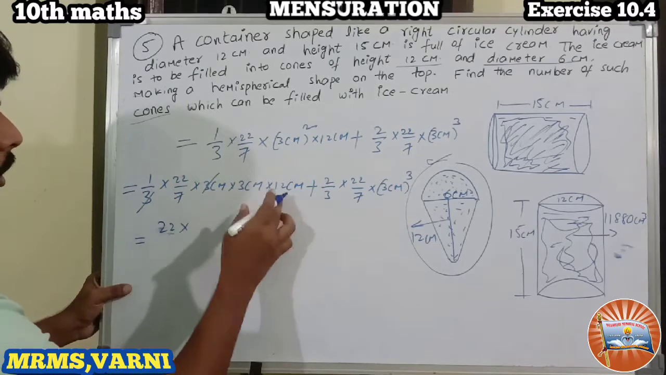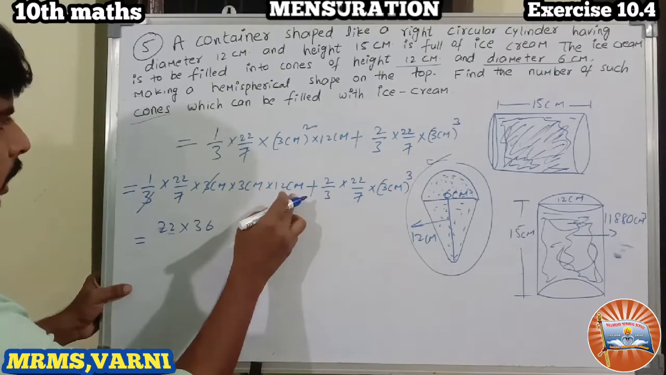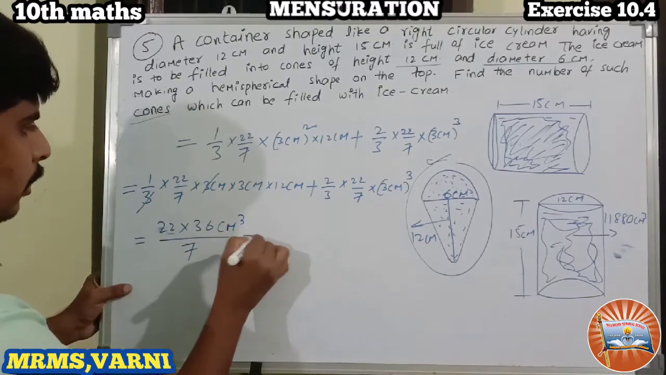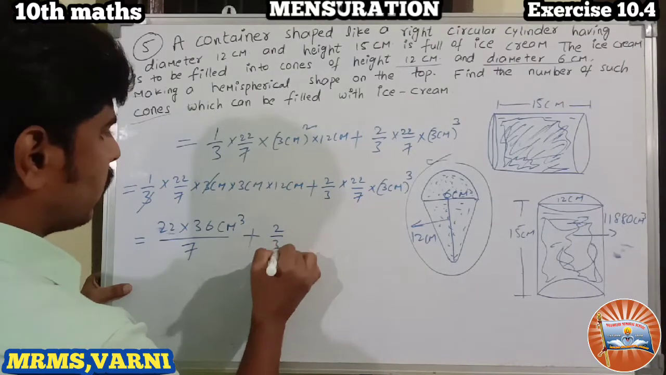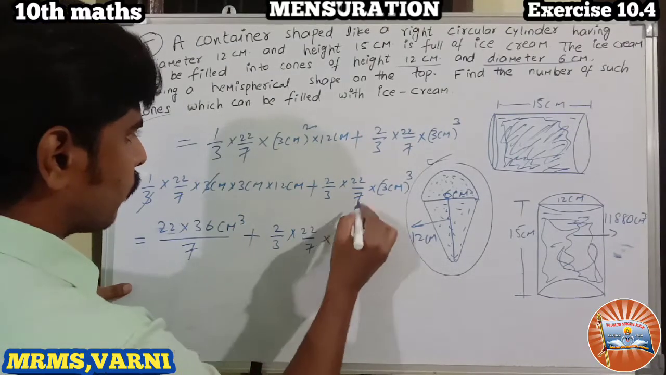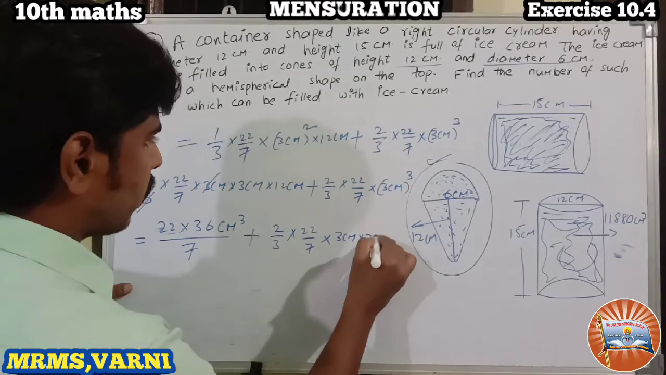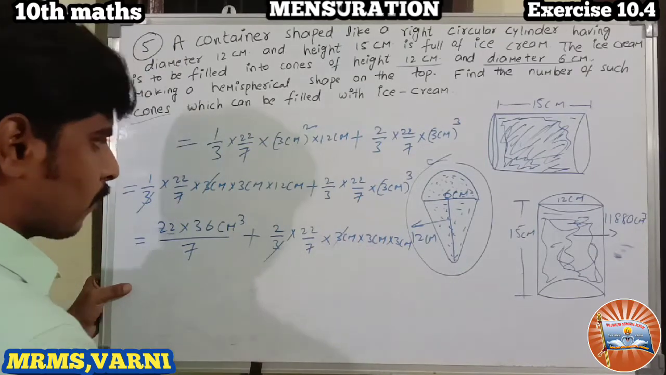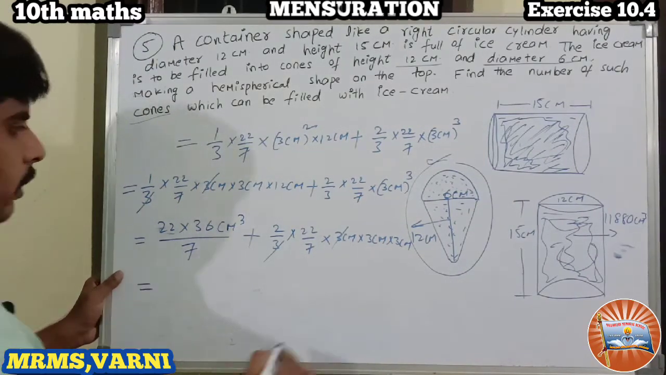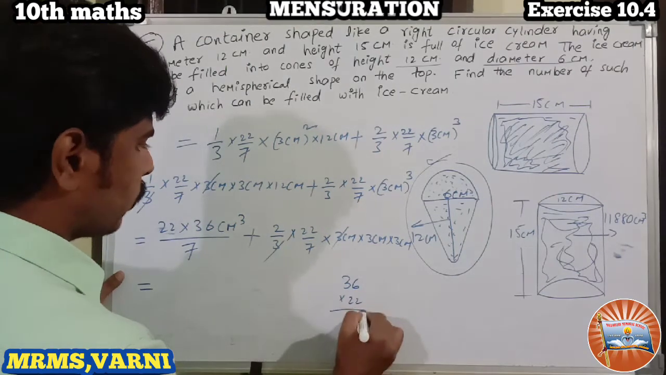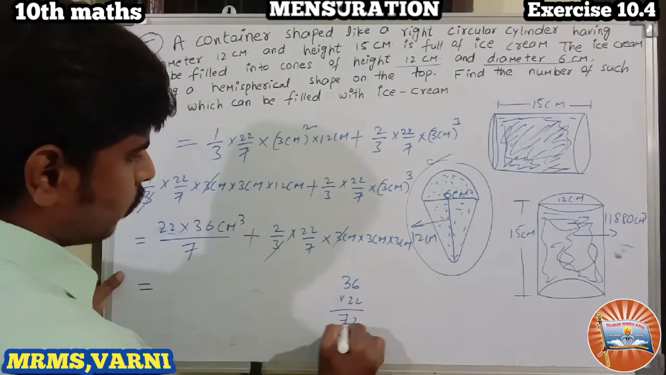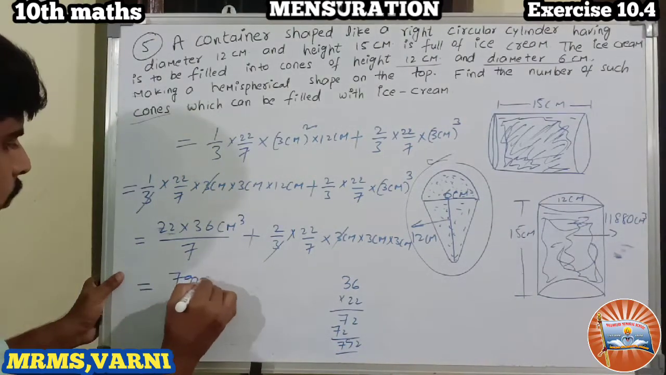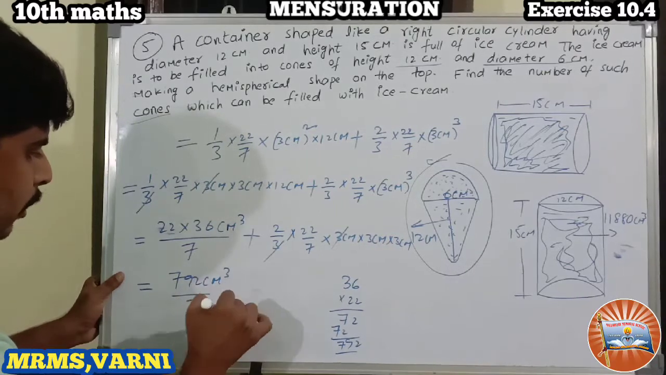22 into 36 centimeter cube by 7, plus 2 by 3 into 22 by 7 into 3 centimeter into 3 centimeter into 3 centimeter. So here 3 gets cancelled. We have to multiply 36 into 22. I think it is 72, 72, 792. So 792 centimeter cube by 7, plus